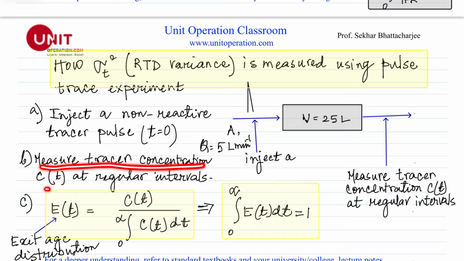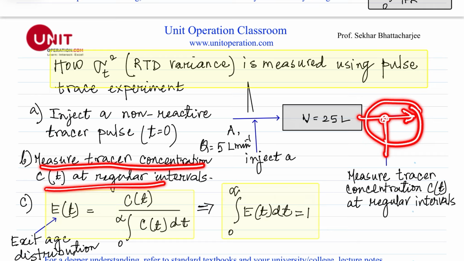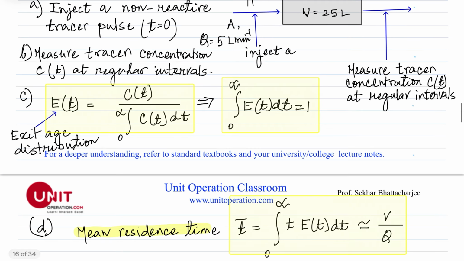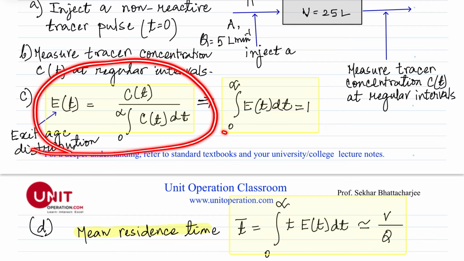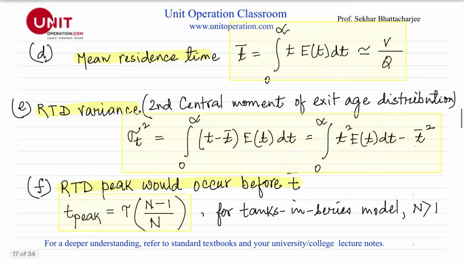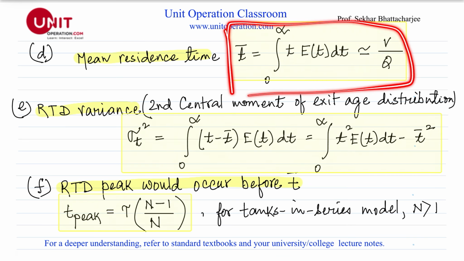Measure the tracer concentration C(t) at regular intervals. So at this point, you continuously measure the concentration. You can use a spectrophotometer, maybe a visible spectrophotometer, or a conductivity meter, etc., just to measure the tracer concentration. And we know this is the equation for the exit age distribution, and this integrated over 0 to infinity is equal to 1. See any standard textbook. The mean residence time is given by this equation here,